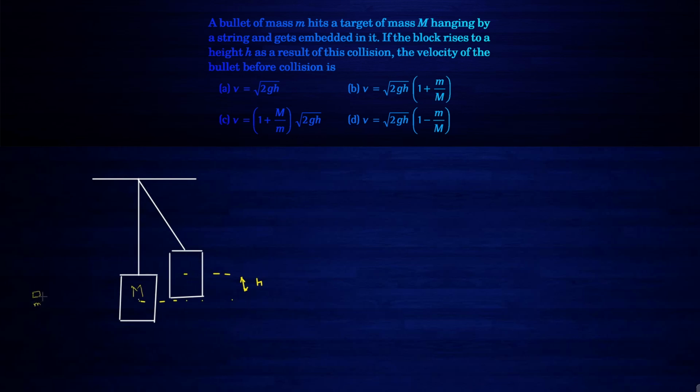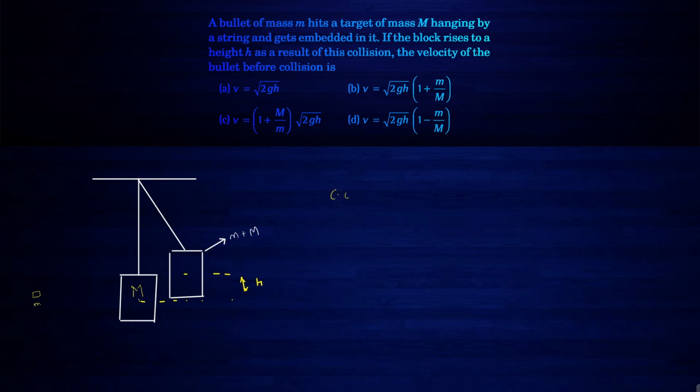So after the collision, the bullet is actually embedded in the mass capital M. So the mass of this body will be m plus capital M. So we have,